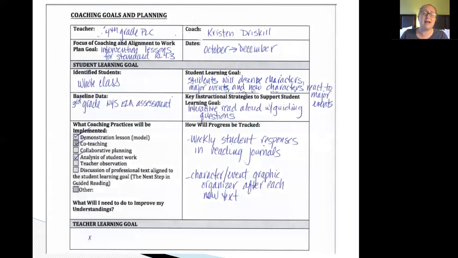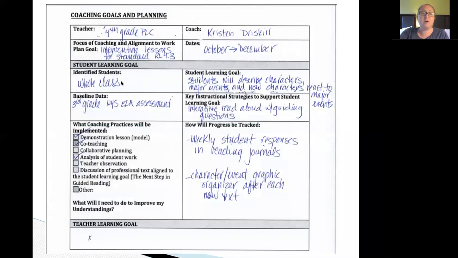This is a coaching sheet I happen to use at one point when I was coaching. So you can see, here was my cycle. The focus was pretty tight. Intervention lessons for standard. This was from Common Core, not Next Gen. 4th grade standard 3. That was something that came out of the 3rd grade state test data that was weak. So now that the kids were in 4th grade, the 4th grade team, the PLC, decided we need intervention lessons around this standard. So I had said, all right, team, let's work from October to December on this goal.